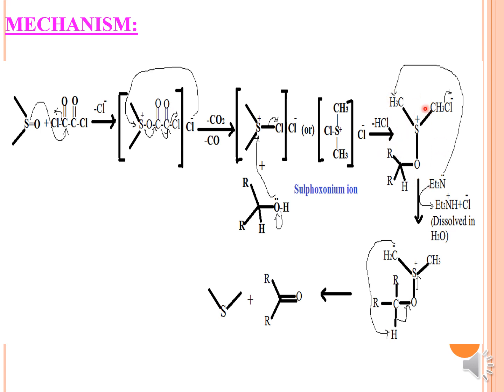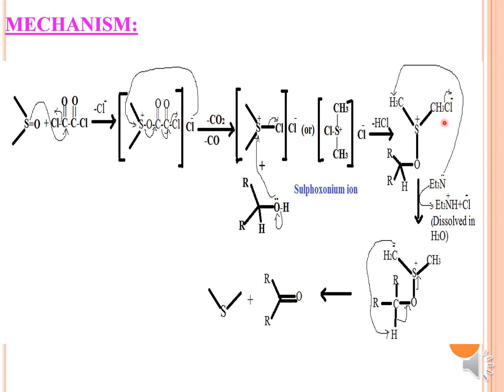Then this Cl minus is there, right? That Cl minus which is sitting over there will go and bind to the CH3. So you are getting back this structure. Alright, understanding? Once this is cleaved out, at that time you are getting this structure, right? So this methyl group will again do an intramolecular reaction.